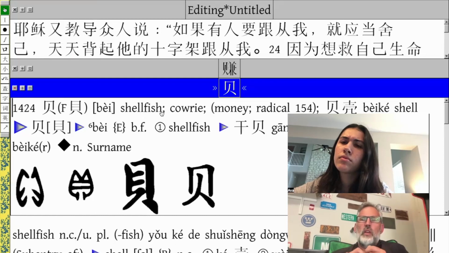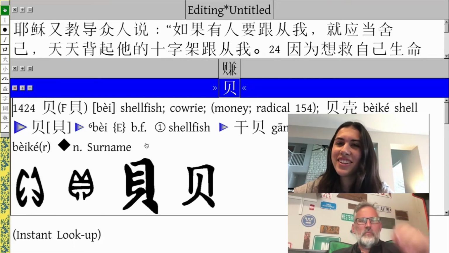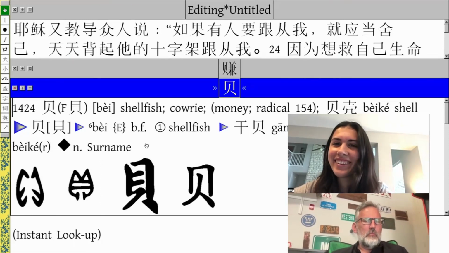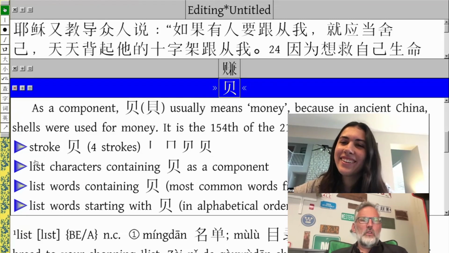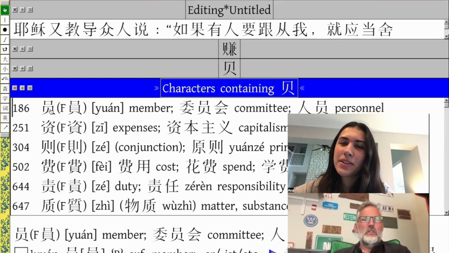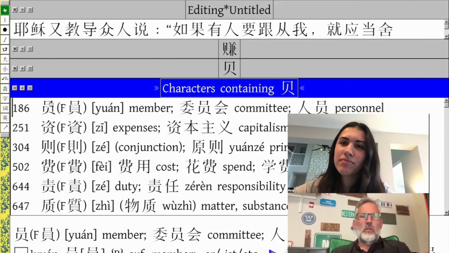So I don't know, were they using shells for money at some point? I have no idea. Interesting. Seems like you could just go pick up some money off the beach if that was the case. Okay, list characters containing that, and then you're going to see this one here with a mouth over a shell